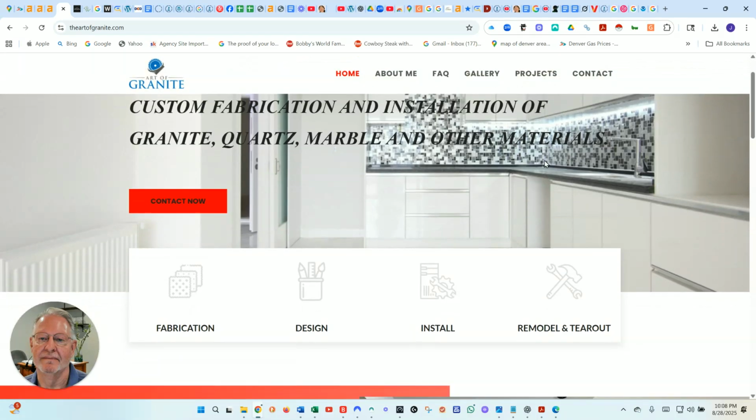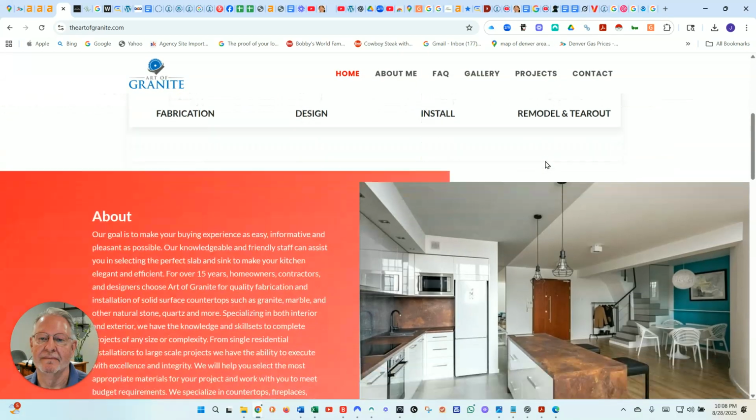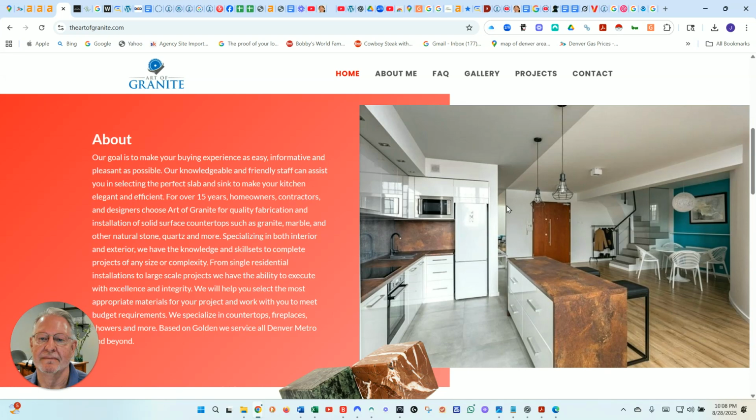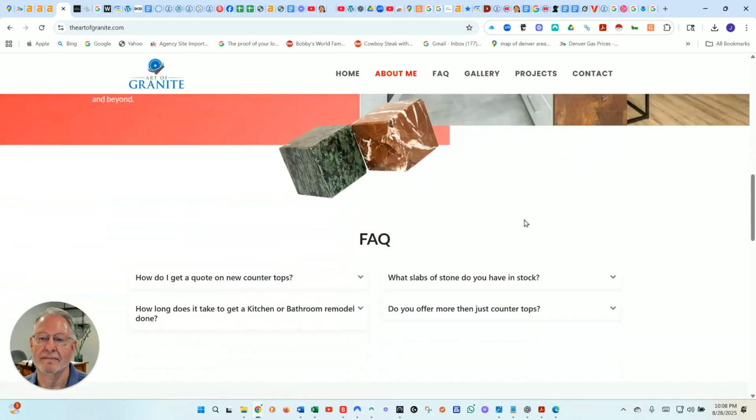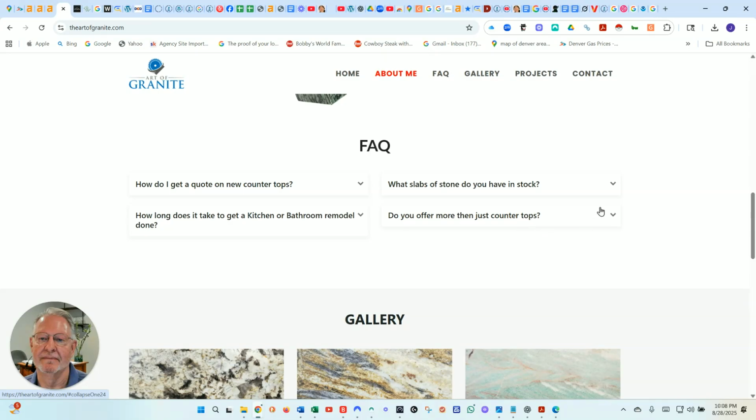So you've got nice images on here. Now another thing to be aware of is that we can put keywords behind these images too, and that helps Google even more. So Google wants to know who you are and what you do, and then they can decide where they want to put you. So you got some great images here. I like this. Okay. All right.